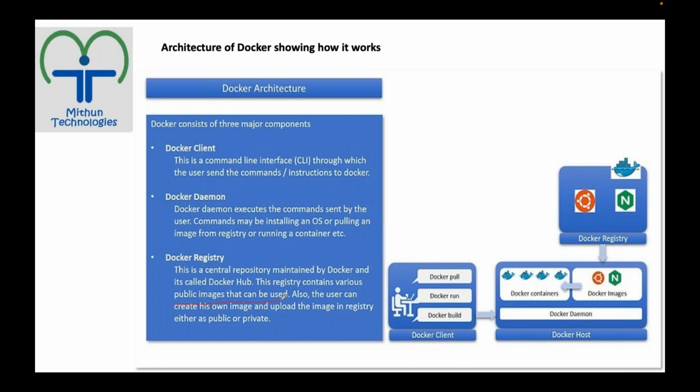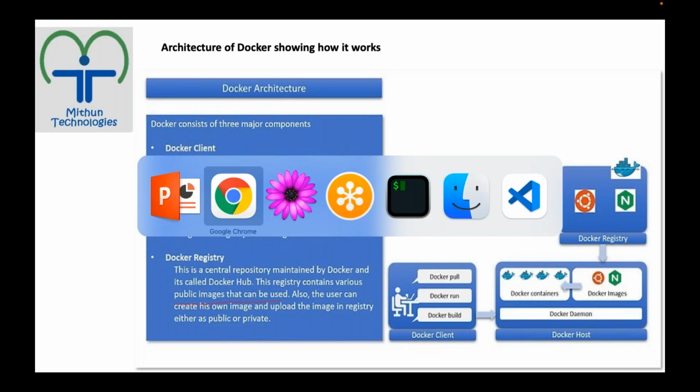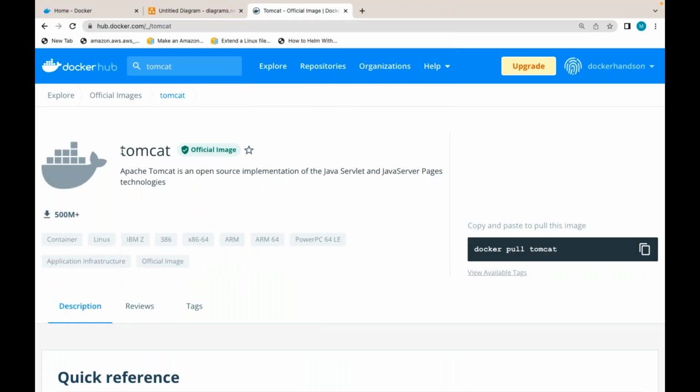What is the meaning of base? Why am I saying it as a base image? If I directly create a container out of this image, what will be part of that container, guys? Tomcat, Java will be there. But will my application be part of that container if I directly deploy this container out of this image? No. My application will not be part of this one.